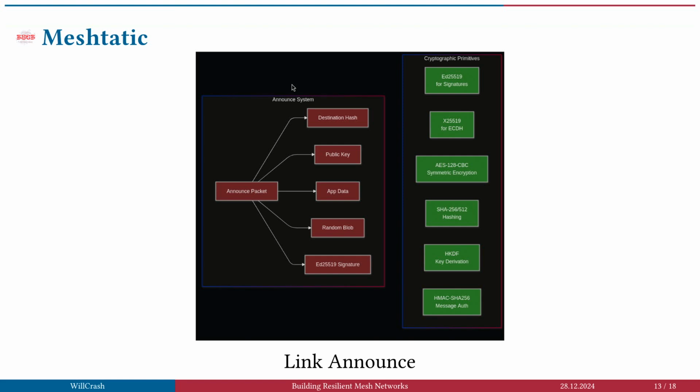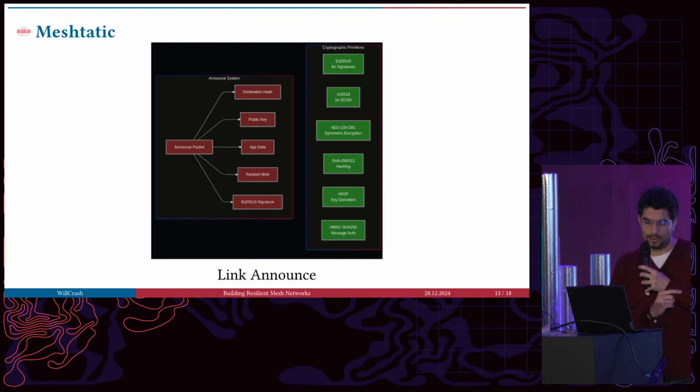So, what happened here is there's an announce packet which you're constantly sending into the network. I'm sorry, this was going to be a dark mode presentation, but due to time constraints, it's not. So sorry about that slide. But in the end, your packet contains a destination, your public key to send the message back, the app data, a random block of information, and a signature. And there's some cryptography, but I need to check what's up with my slides.